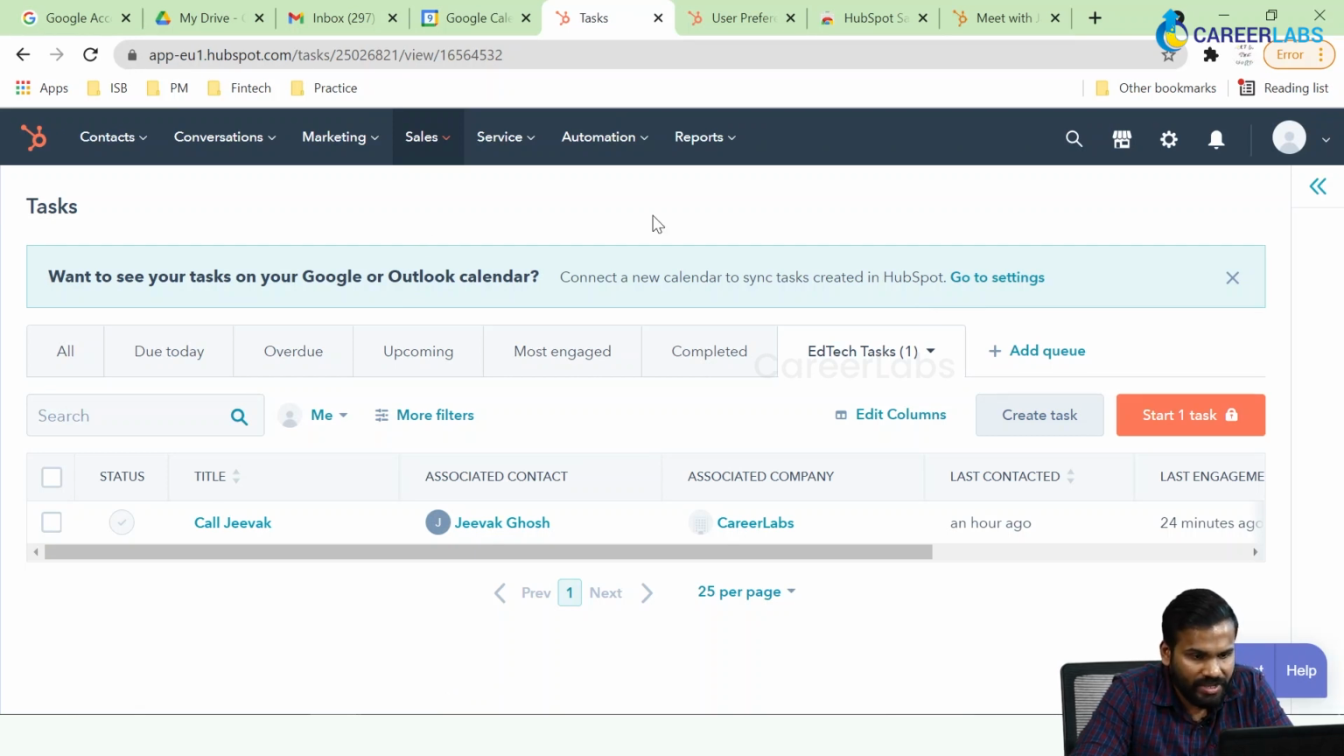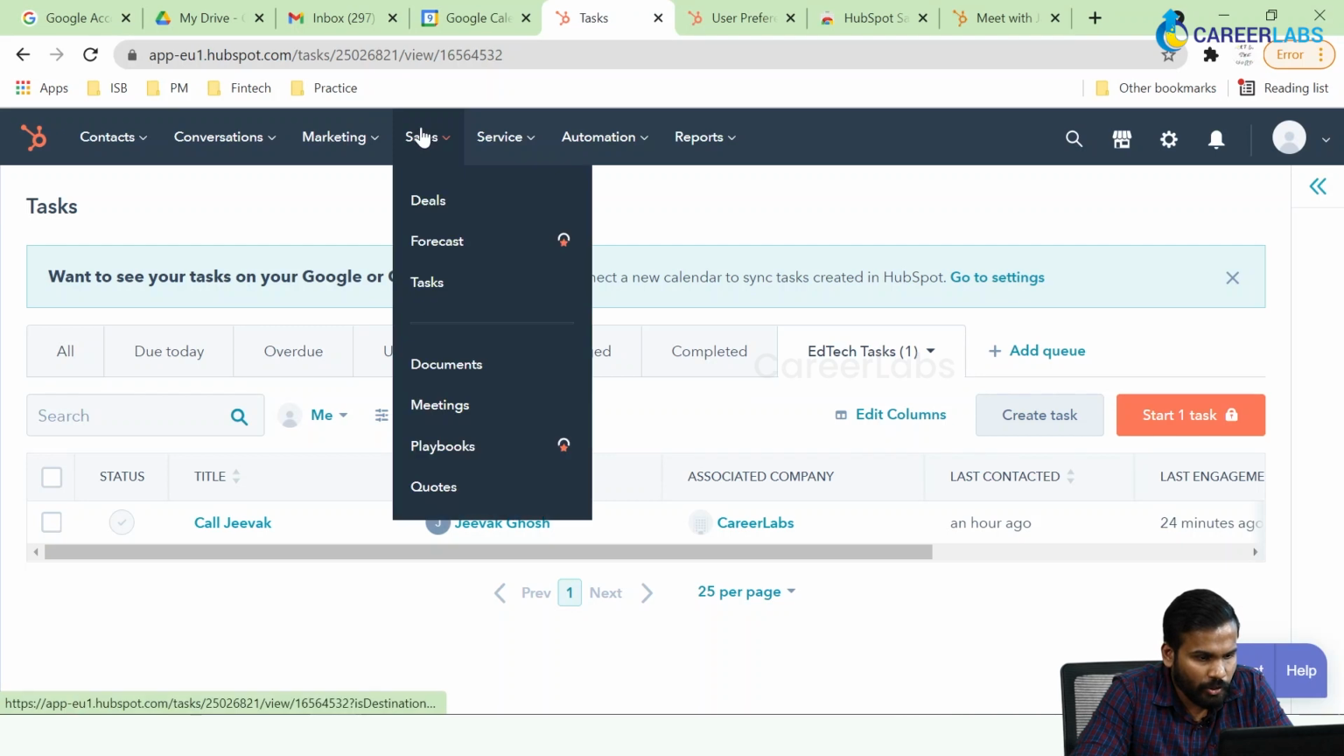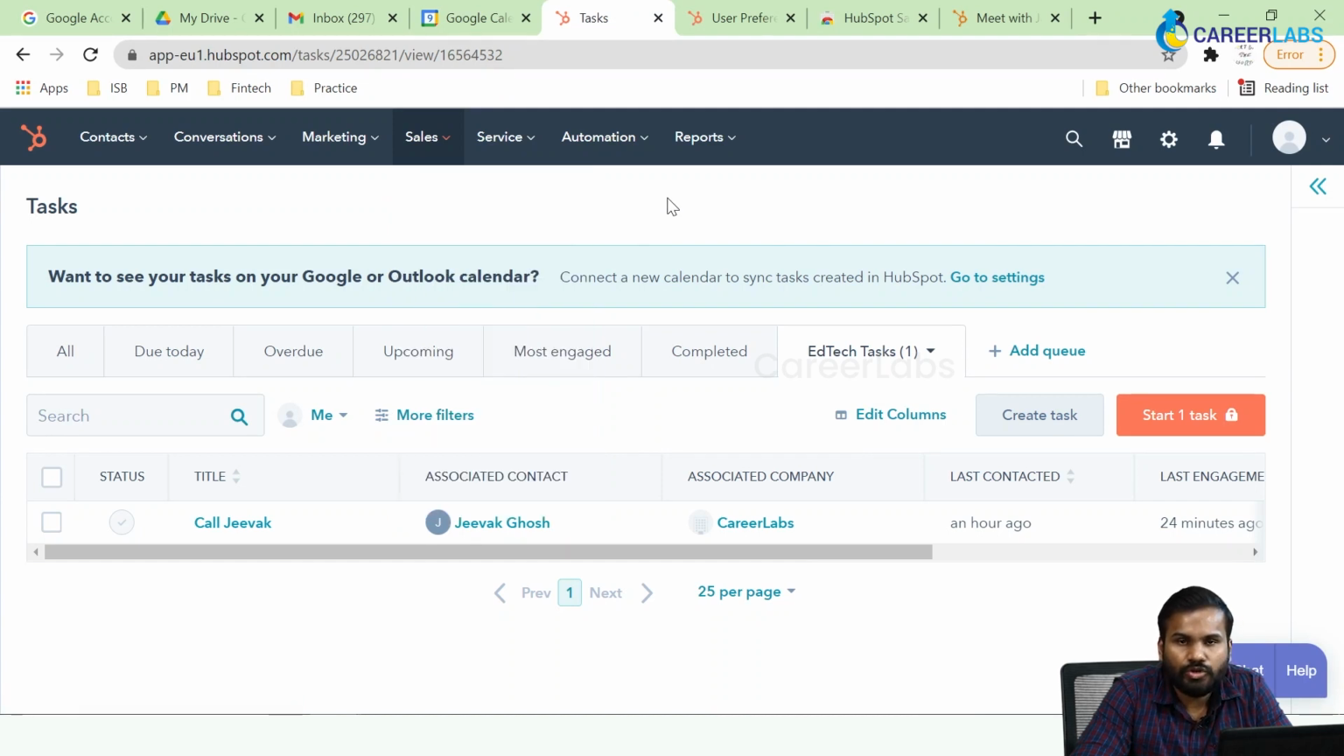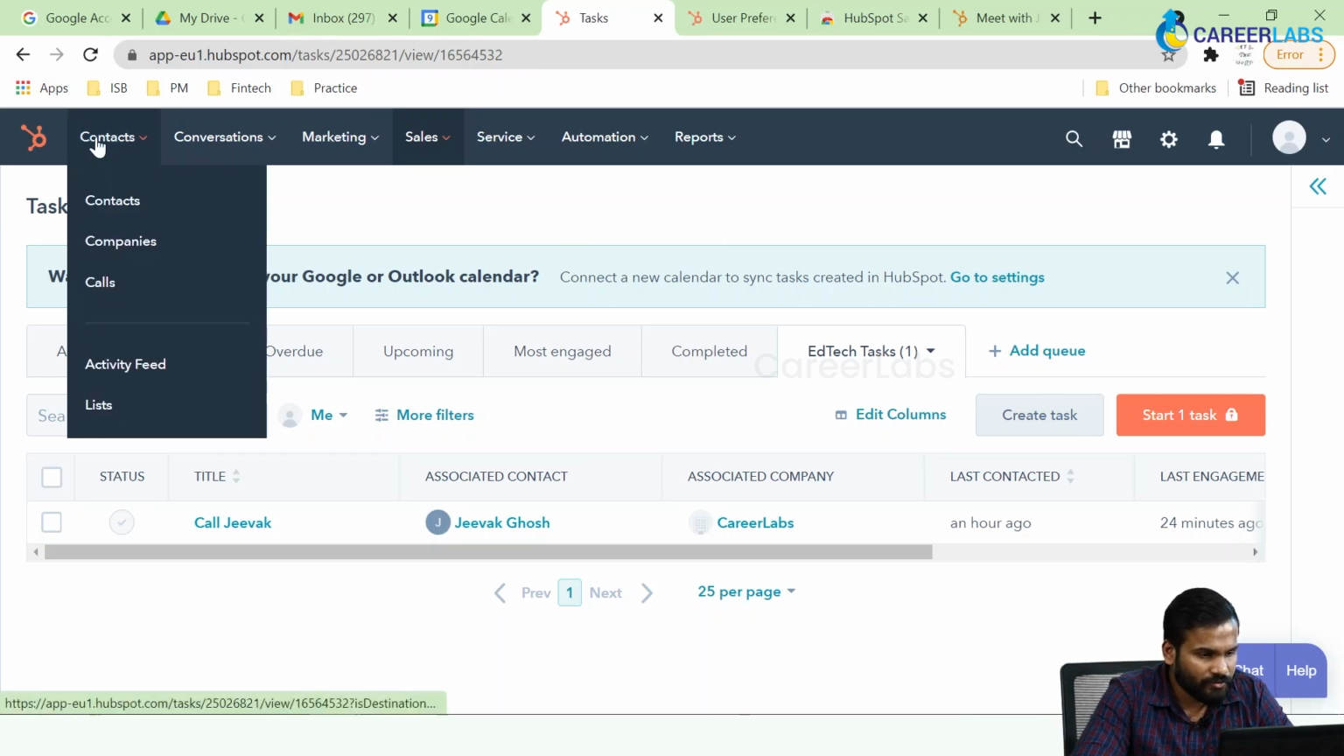So just to recap this section quickly, we took a look at the meeting link section over here, right under the sales menu. You would use meeting links to share your calendar with your prospect or with your lead, and your lead can then effectively book a slot on your calendar without having to do multiple back and forths with you. Next, we took a look at the concept of lists,